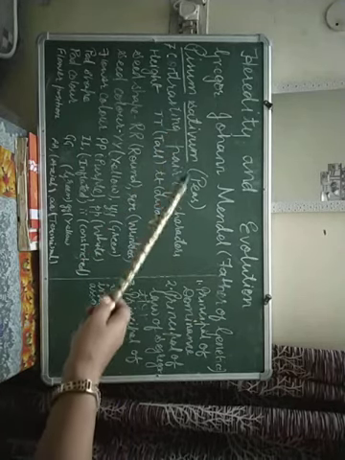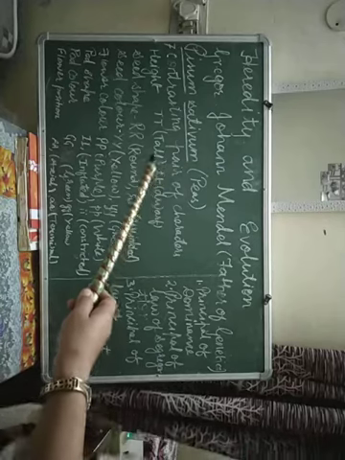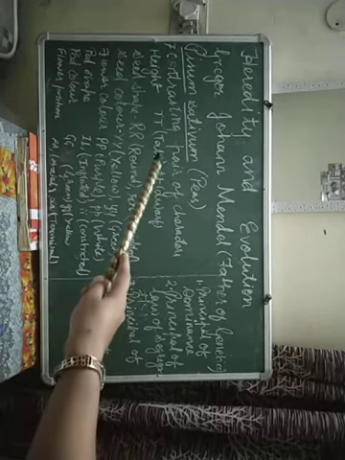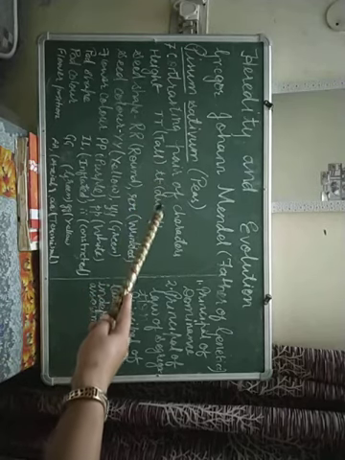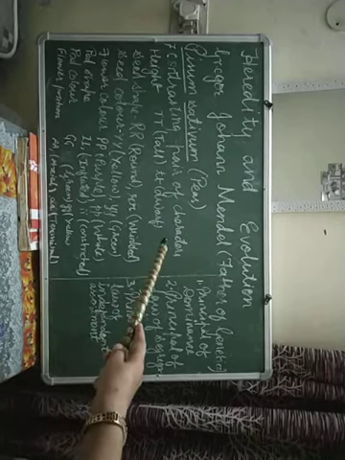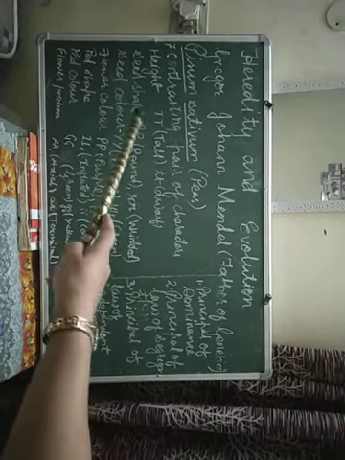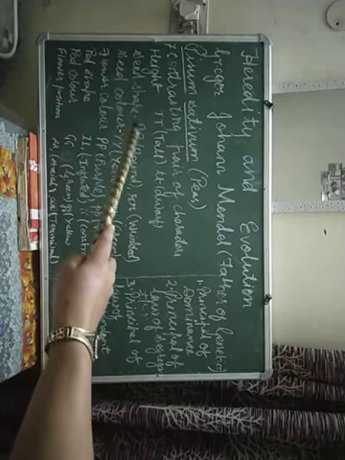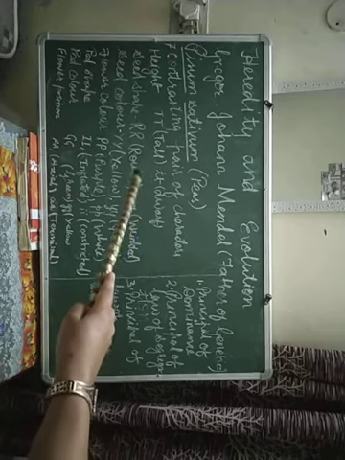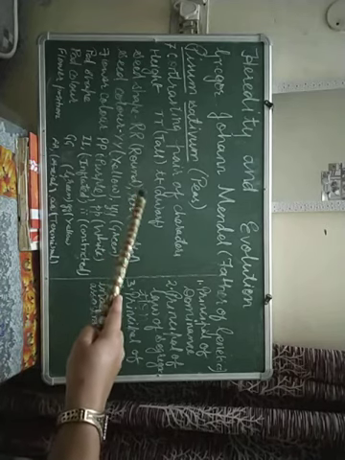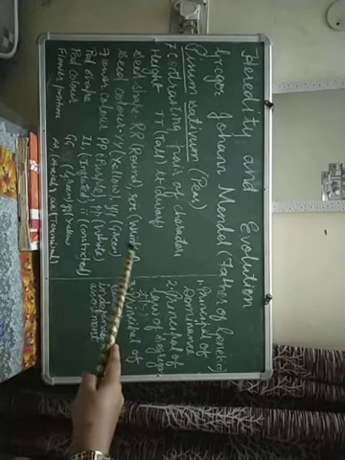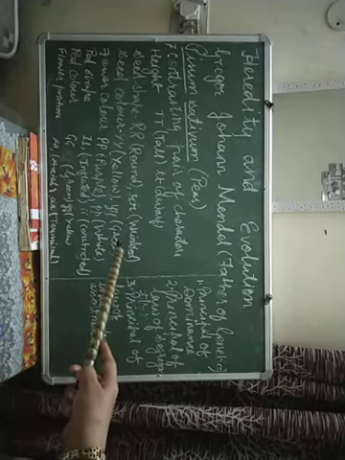He decided to conduct the experiment on peas because he saw 7 contrasting pairs of characters. The first character he saw was height, that is tallness and dwarfness. Capital T for the tallness, that was the dominant character, and small t for the recessive character. Then he took the seed shape. In that also he found round shape as dominant, which he denoted by capital R, and wrinkled seed he denoted by small r.